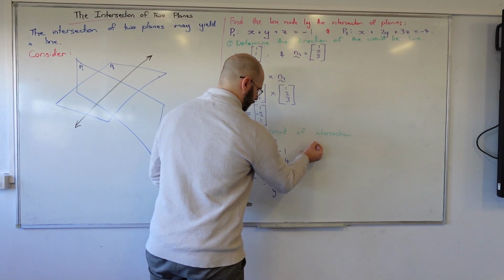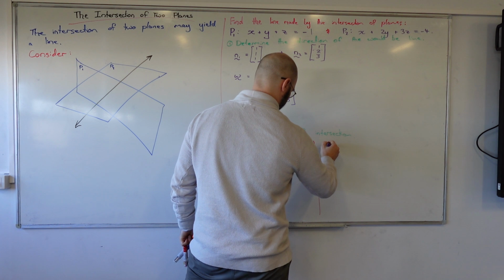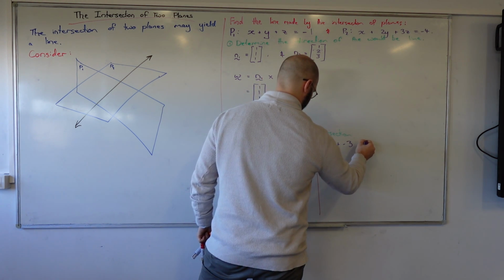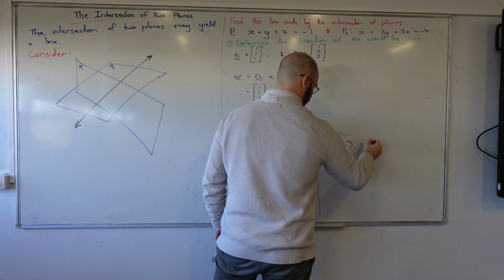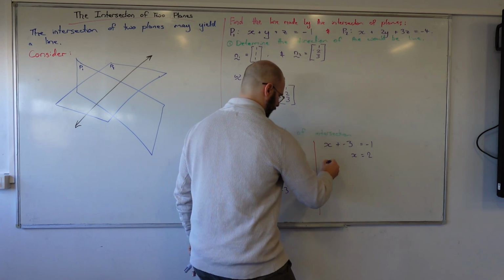Putting it all together, we're going to get x plus minus 3 equals, so that's for the first system here, negative 1. So x is going to be plus 2. Hence,